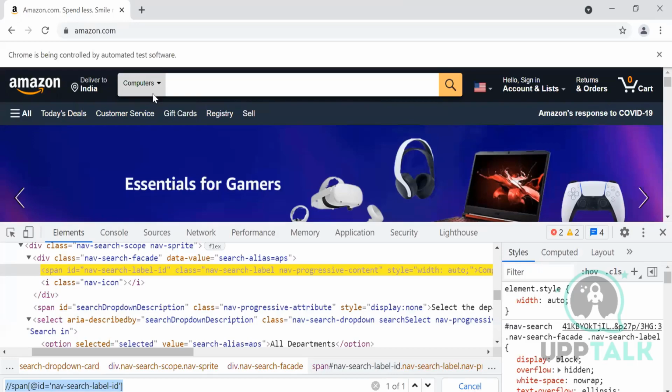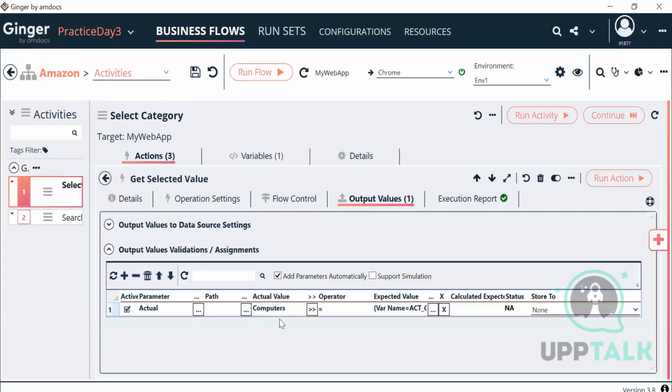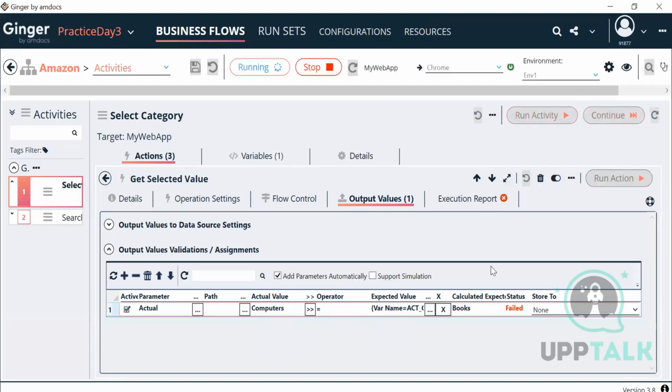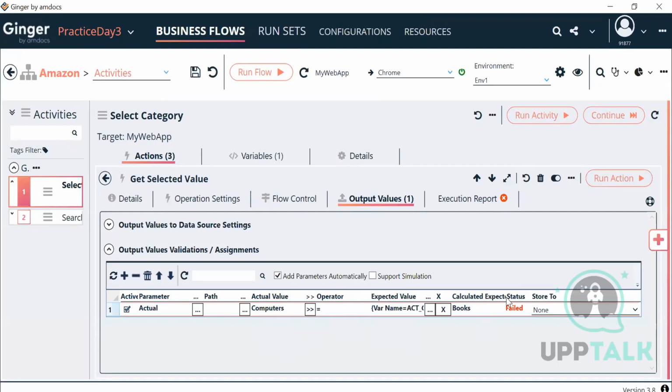So I added a UI validation, that whatever value I select here in the variable should be equal to the actual value which you see on the screen. Till now this is clashing, because here I selected books, it is giving me computers. So this action will fail. You can see it's saying the expected and the actual are not matching. Expected is computers, but it should have been books. Why did this happen? Because I manually changed it to computers,